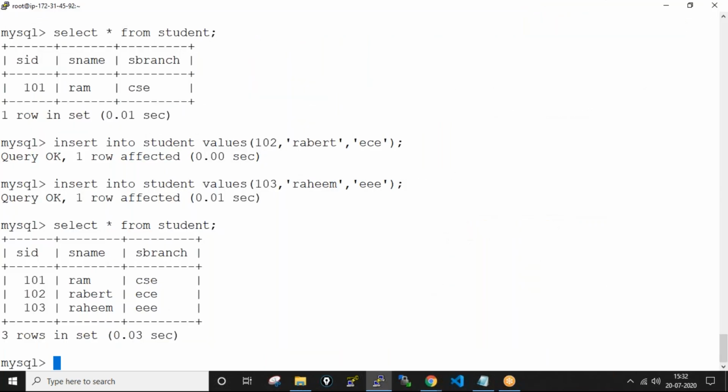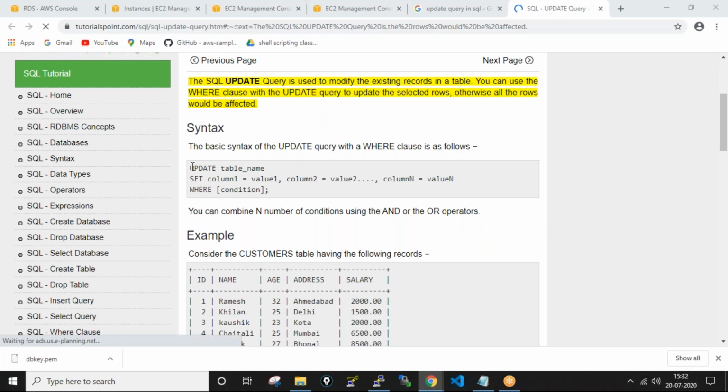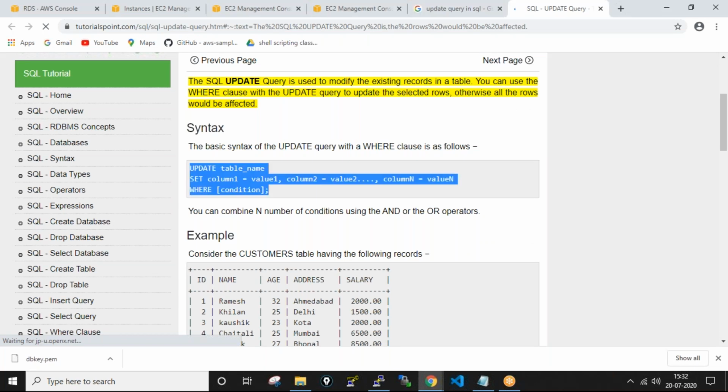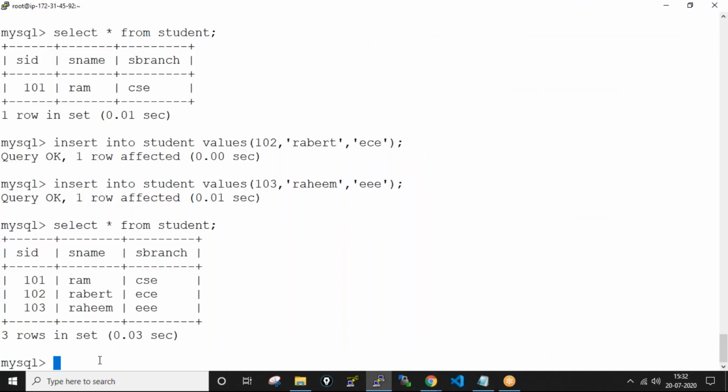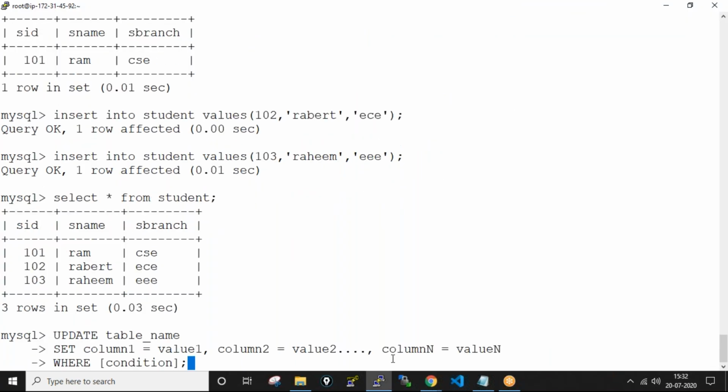So student ID. Let me copy this one. Paste. And where, the condition is nothing but SID equals to 101.